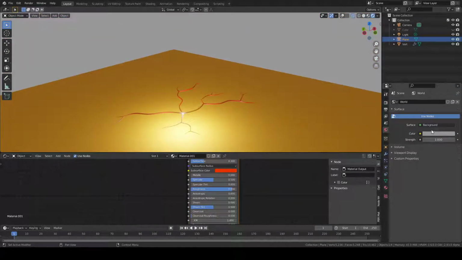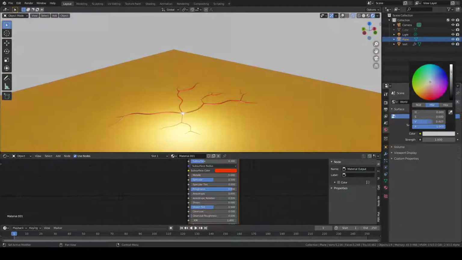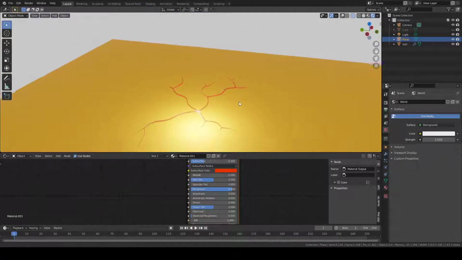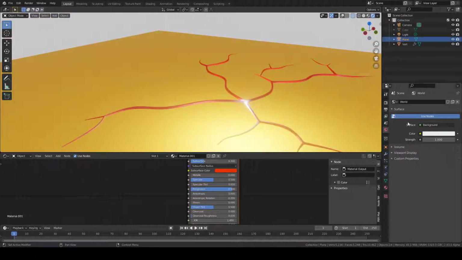You can see here and change the color of the background like that. And because we have a yolk-like material, we can just make it yellow,